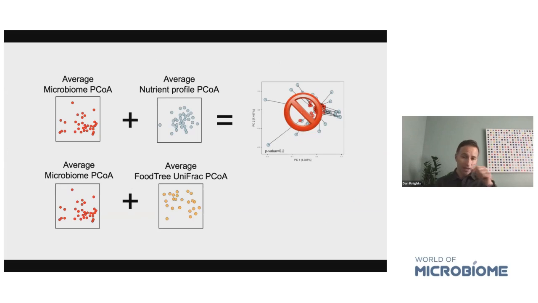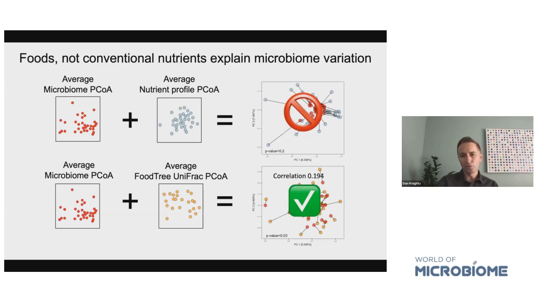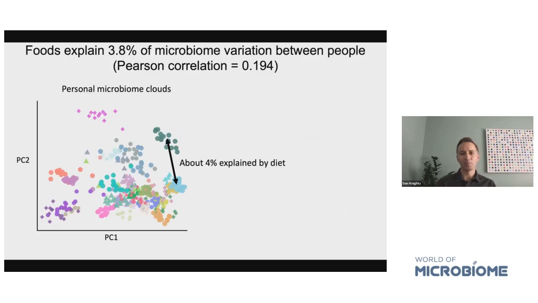So the question here is, are people who ate similar foods in the food tree distances going to have more similar microbiomes? And when we did the same analysis, the Procrustes analysis, we found that yes, in fact, they did line up. And this is the only way that we were able to find a correspondence in this data set between people's average dietary intake and their average nutrient intake. So we found that the foods, rather than the conventional nutrients, were better at explaining the microbiome variation. It was a Pearson correlation of 19.4%, which means that the foods explained about 3.8% of the